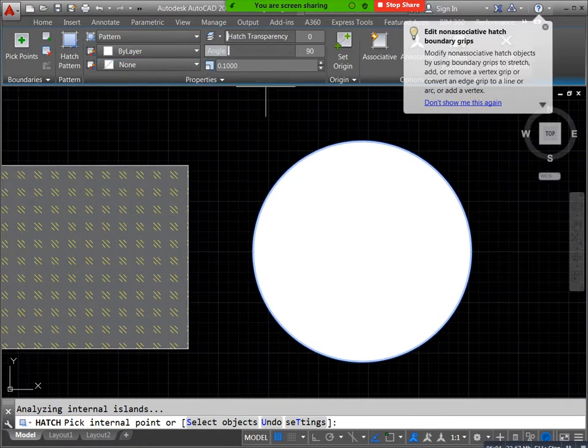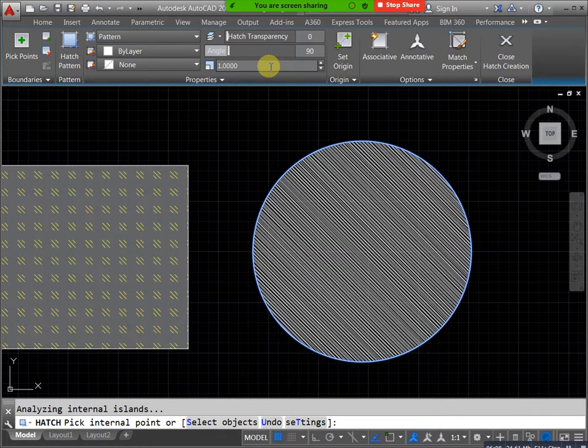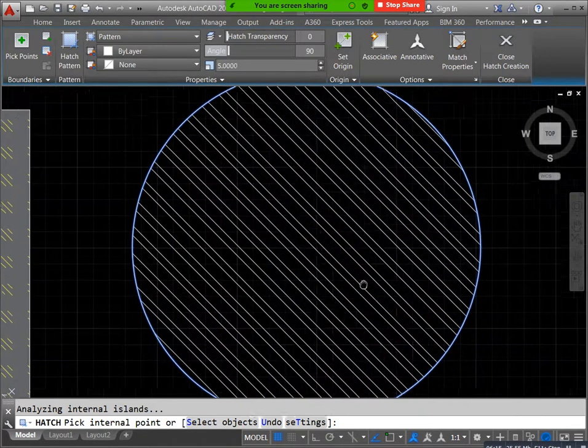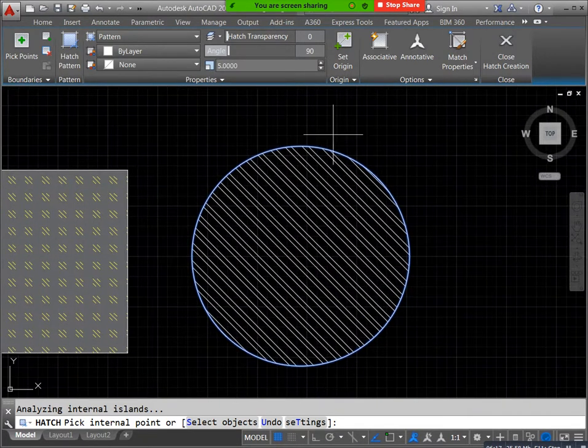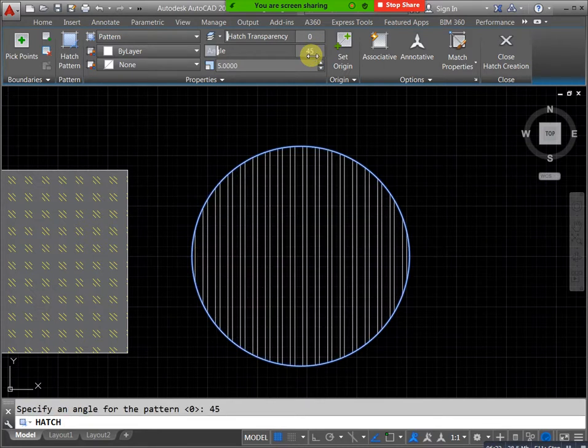We have minimum size here, I will mention maximum size. You can get it like this, you can adjust like this. At the same time here we have orientation. In case I need lines like this, you can mention 0 and you will get those lines. In case you need straight lines, you can mention 45. For horizontal lines you can mention 135. Okay, this is one thing.